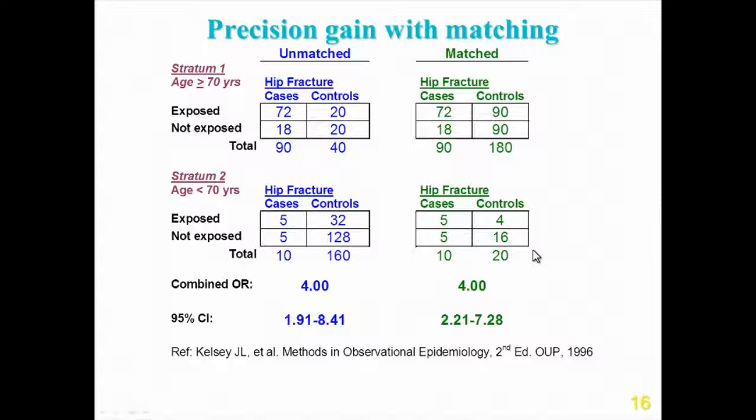So we're not spending a lot of resources getting a lot of young controls who are not really contributing much to the analysis, particularly when there are only relatively few cases, hip fracture being very much related to age. So we've balanced the cases and controls in regard to the age distribution. Then we carry out the analysis. Again, we get the